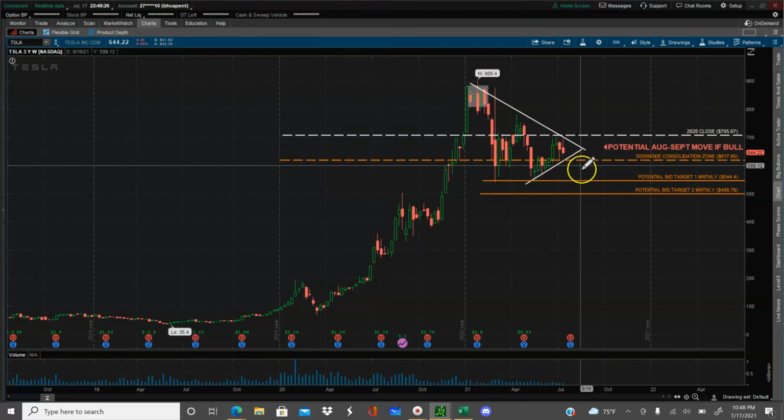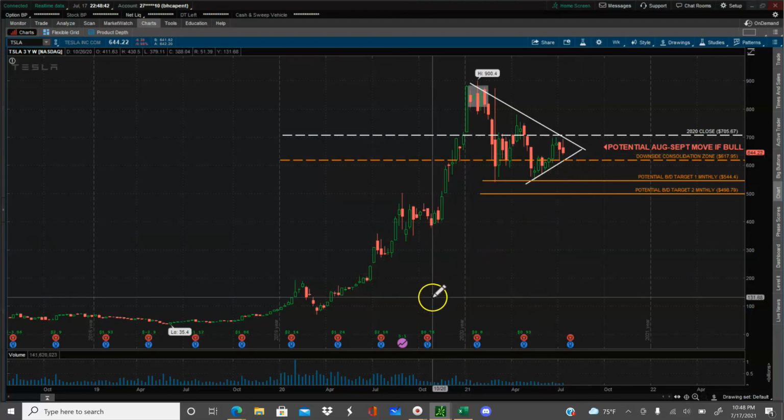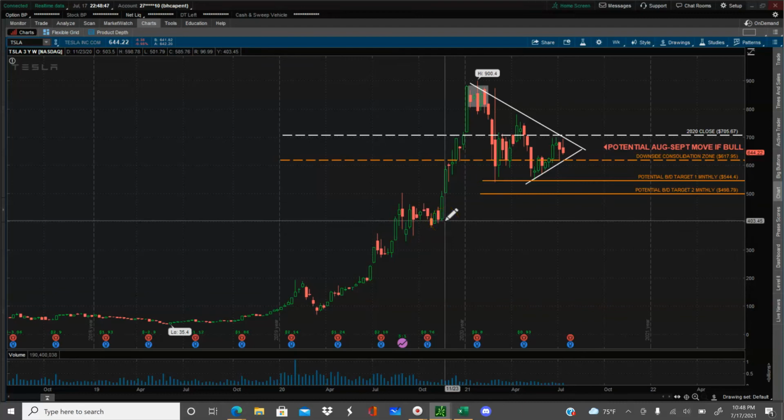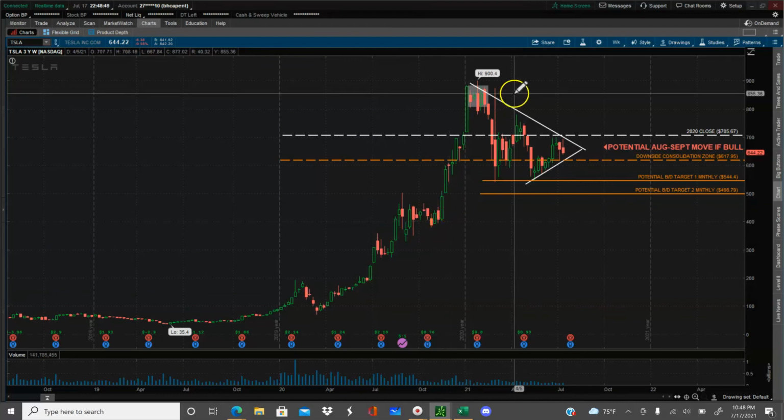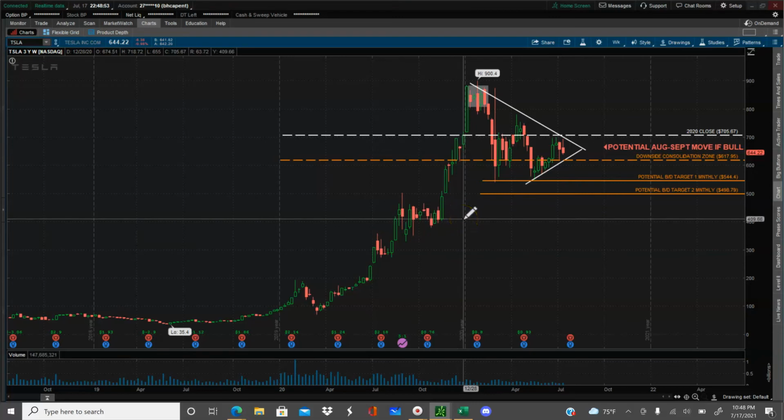So that could continue, but right now we're seeing some sentiment maybe changing short term as the price may be finding some support at this trend line here. So just look to see if that continues. The targets are pretty much still the same in my opinion when it comes to